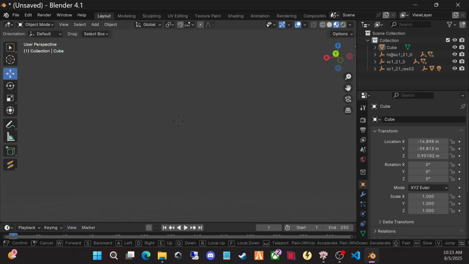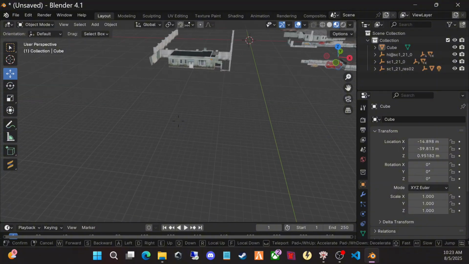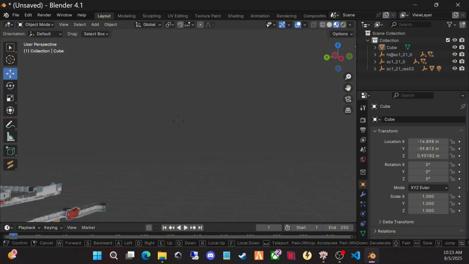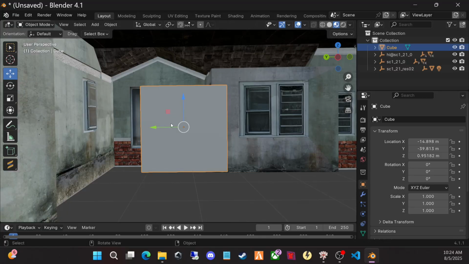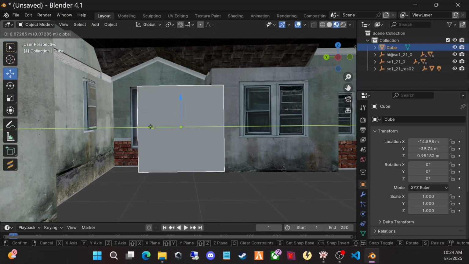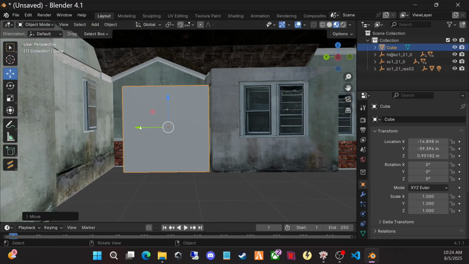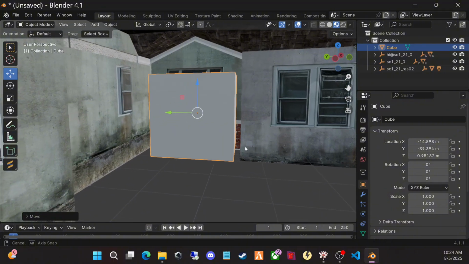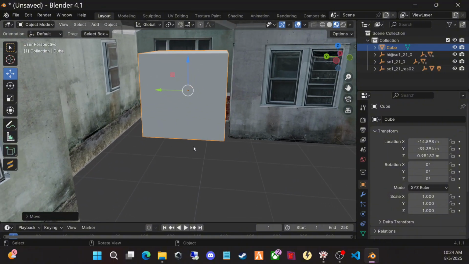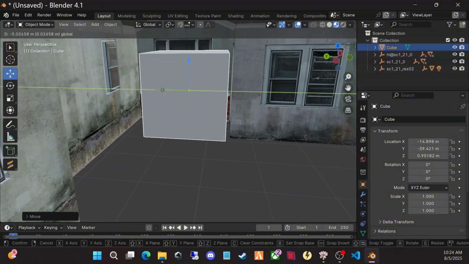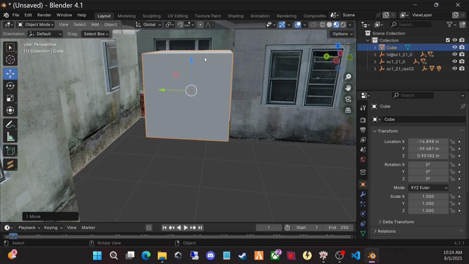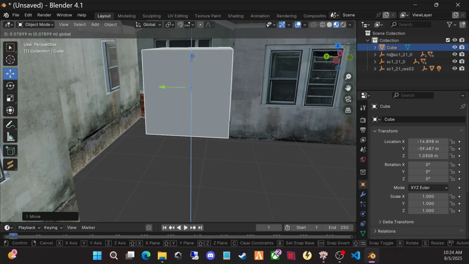Hold on. Let me get the speed down on this. Okay, so now that I got myself together, right? I'm gonna line this up with the door